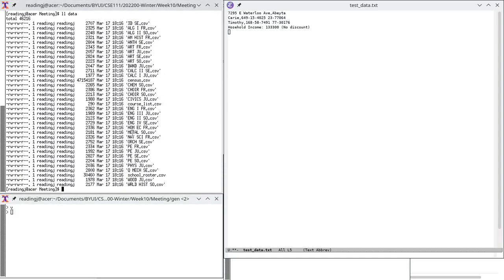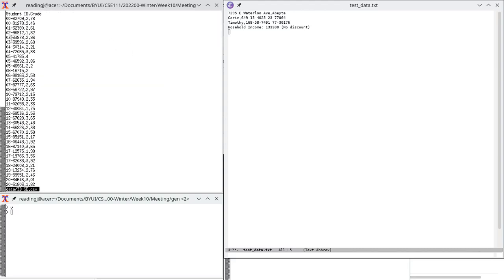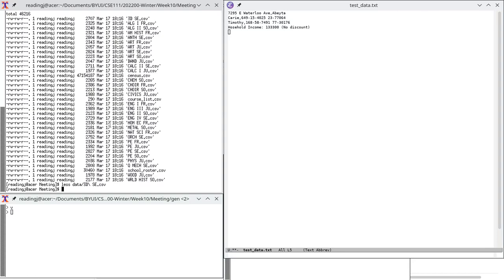all these courses that students can be in. And if we just look at one of these, it's just a list of student IDs and grade for that class. And so if we want to see what Carrie's grade point average is, we have to go through all of the classes and find out her grade. Now in Unix or Linux, it's relatively easy. So I can just say grep